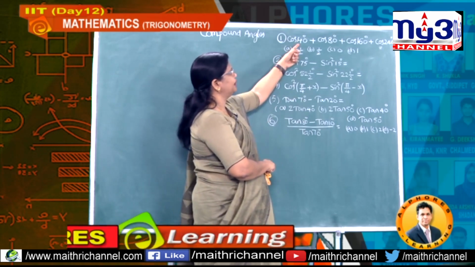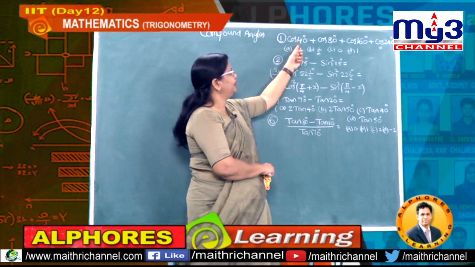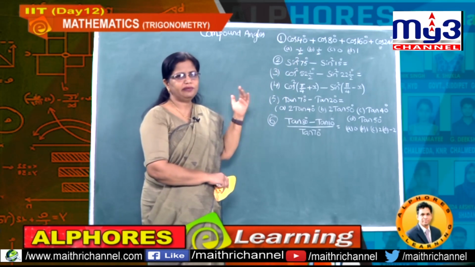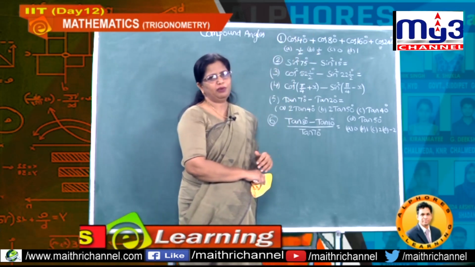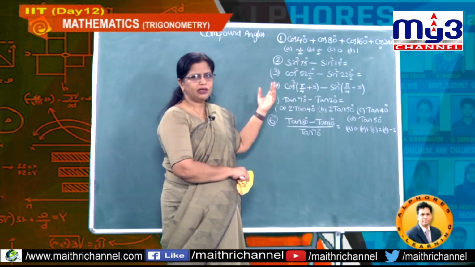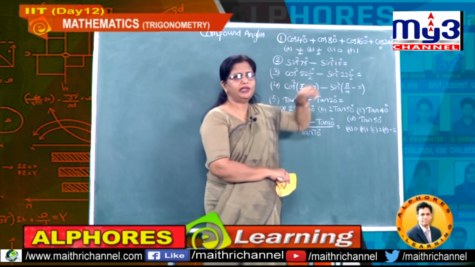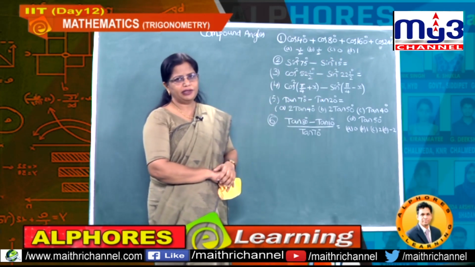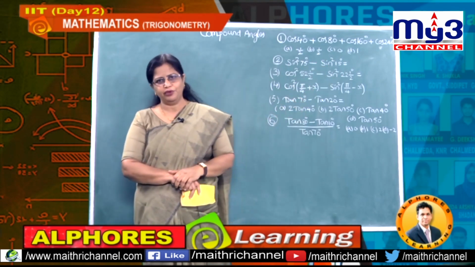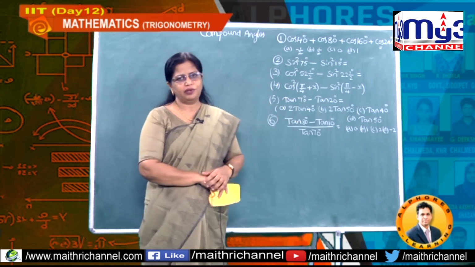So here you take, this is 40 degrees and this one is 80 degrees. 40 and 80, the common value I can make use of is 60 degrees minus 20 degrees and 60 degrees plus 20 degrees. That means now the problem has reduced in terms of 20 degrees. Therefore 160 degrees easily you can write as 180 minus 20 degrees. And cos 240 degrees, of course you know the value, okay.